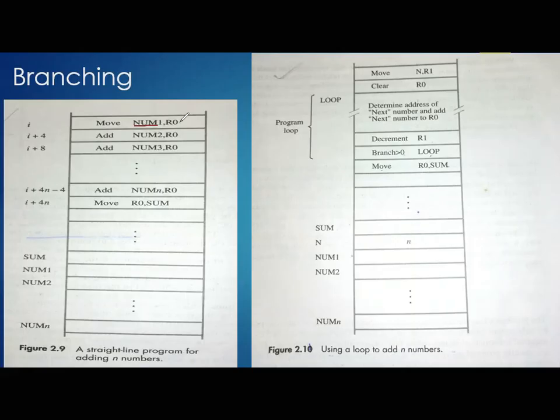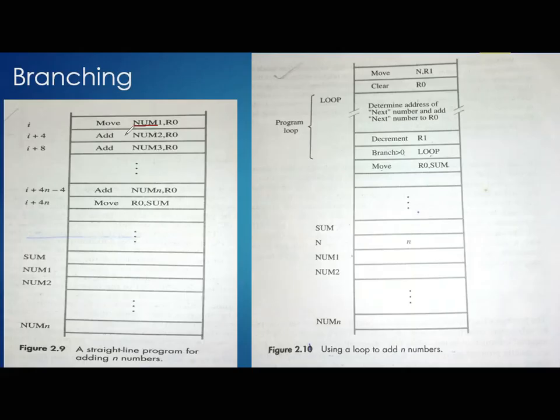Okay, just be with me, I will explain this. Move num1 comma R0. So R0 is having the first number. According to my example, the first number is 1, exactly. Then later R0 is consisting of the first number. Okay, what is the job of this program exactly? We need to add each and every number with each other. Then finally we need to send the result to the location called sum.